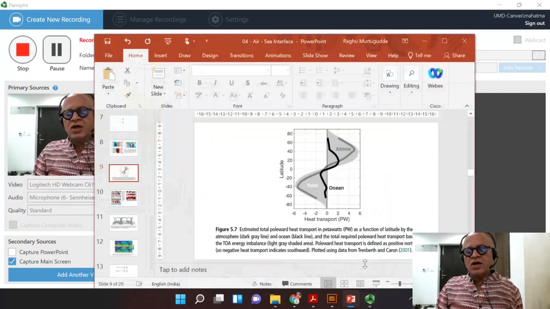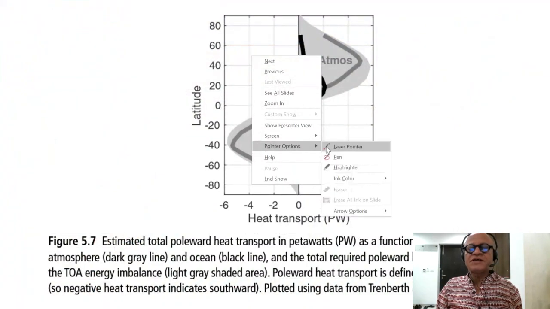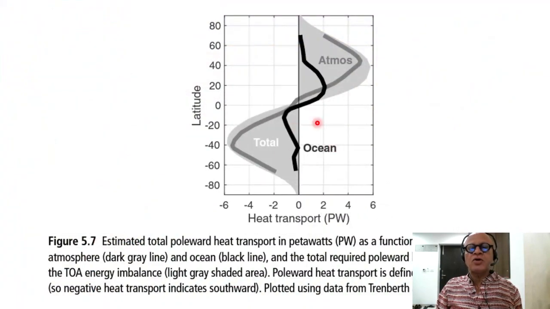Moving right along, we'll just touch on this energy transport idea, which we have already discussed. We talked about excess energy in the low latitudes and deficit energy in the high latitudes. So when we look at zonal mean meridional transports, we can obviously derive how much energy needs to be moved to balance the energy deficit from the energy surplus, which turns out to be about 6 petawatts away from the